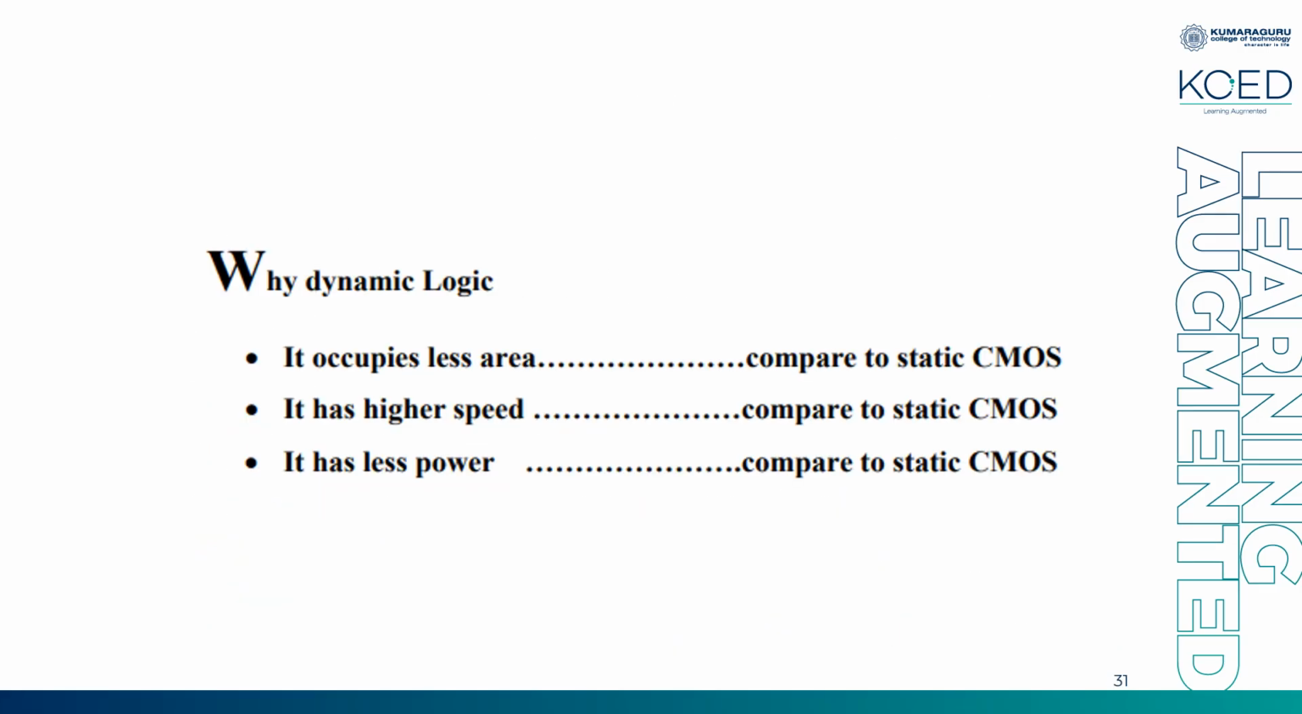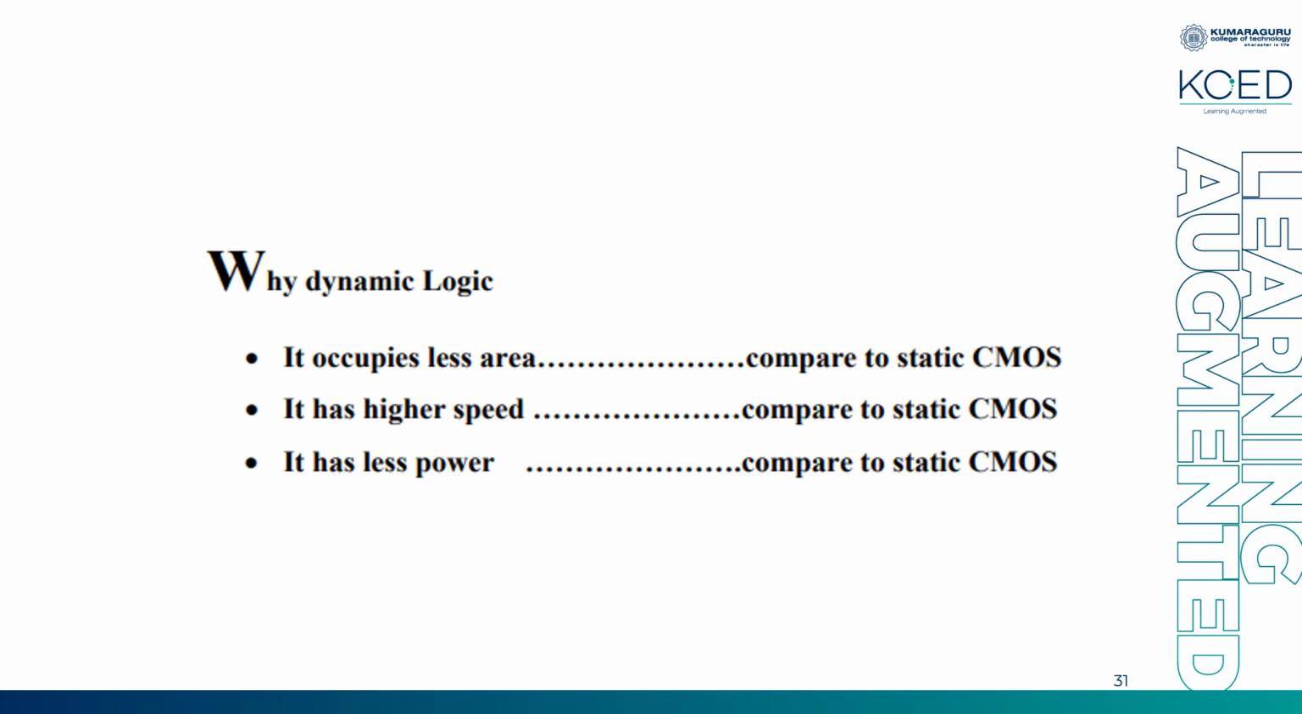Before moving into the basic dynamic logic design style, we must understand why we should prefer dynamic logic over static logic. Compared to static logic, you will have less area, more speed, and less power. When you see each and every dynamic design style, you will understand that. In short, less area means the number of transistors used will be reduced when compared to static CMOS, and the